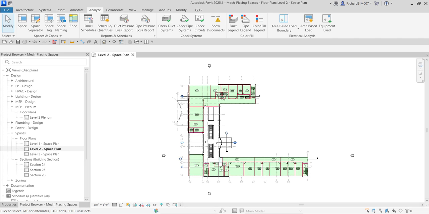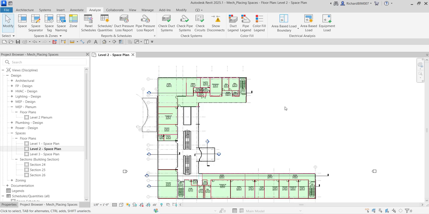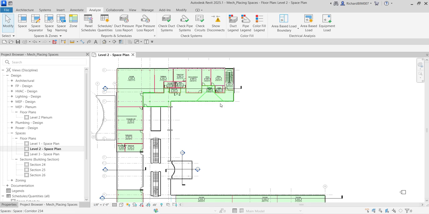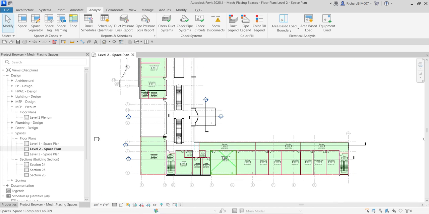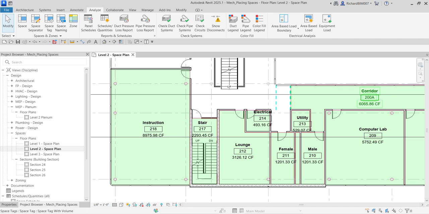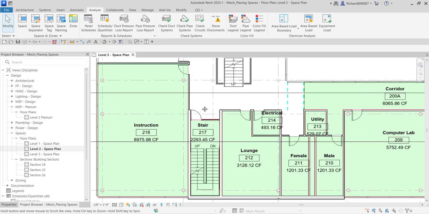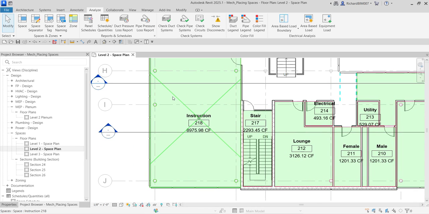As you can see in this exercise, I already placed several spaces here. There's already the green color there, and that's the color of our space. Spaces allow you to calculate the volume of the areas in the building. That's why if you click the space, this is the space by the way, and if you